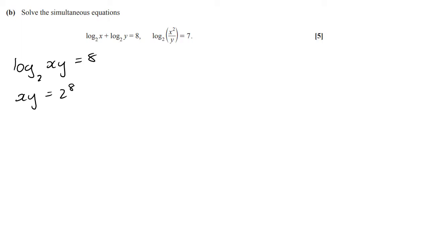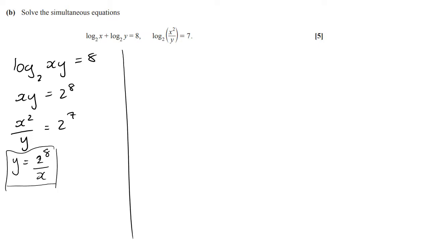And this one we can stick out straight away. So it's going to be x squared over y equals 2 to the 7. This one here we can rearrange, and we can say that y equals 2 to the power of 8 over x. So that's my substitution